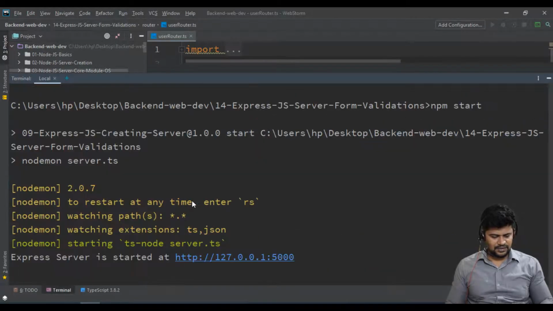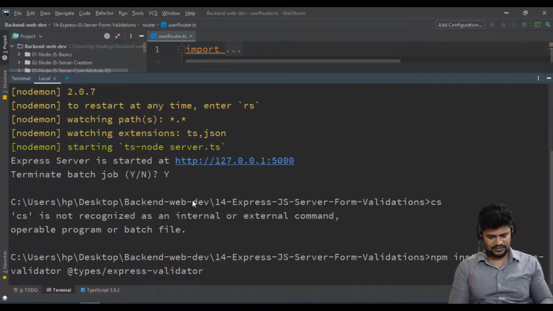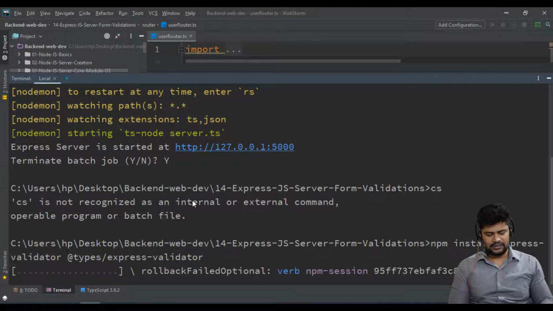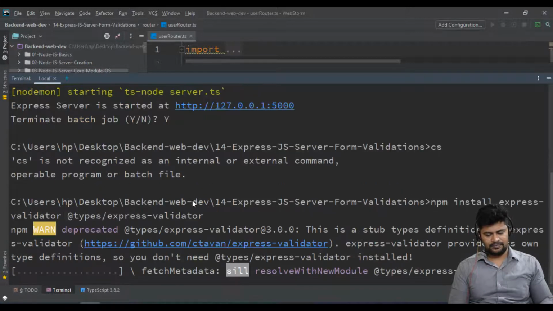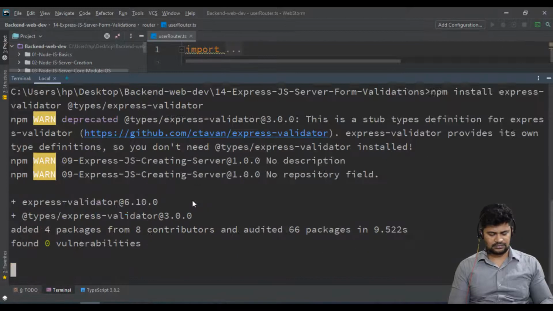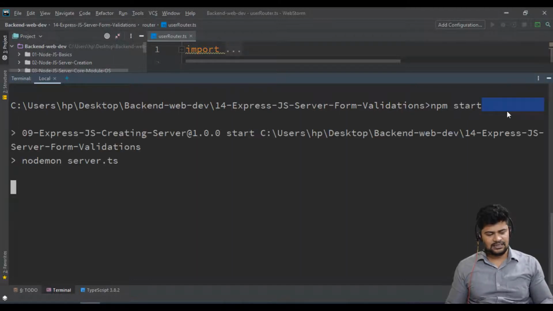But I have already started it, so let's press Control C to stop it. Paste, enter. Install the package first. Okay, installed. Now start again.